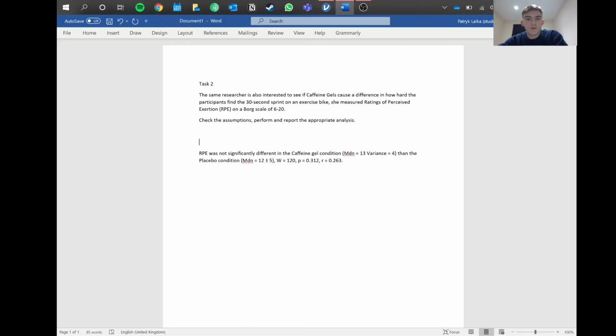The reason why we do this is because when we do parametric and you're trying to see the mean difference, on this Borg scale, you can only score between 6 and 20, right? You can't score a 6.5, for example. It has to be whole numbers. So the mean wouldn't really give us anything, because even if the mean was 12.5, that doesn't tell us much because we can't score 12.5 on this scale, right? So that's why it's much more convenient to report the median, because that's always going to be a whole number, and the median tells us the middle value that people reported,